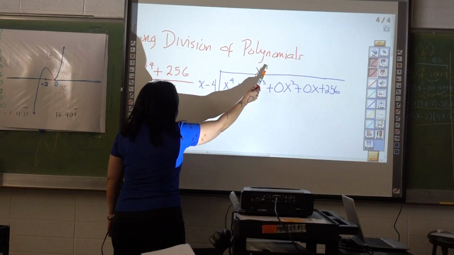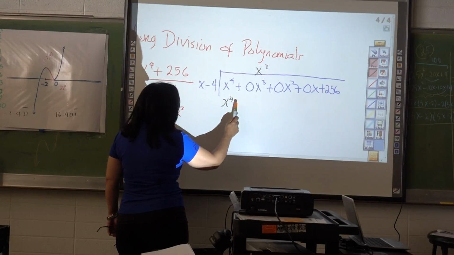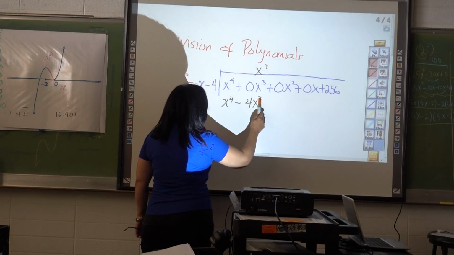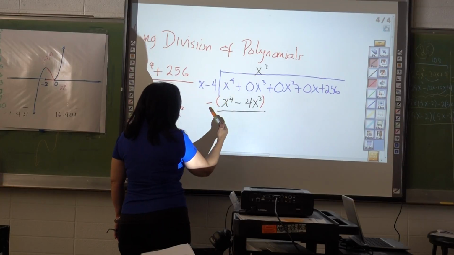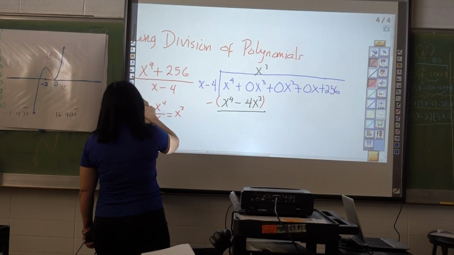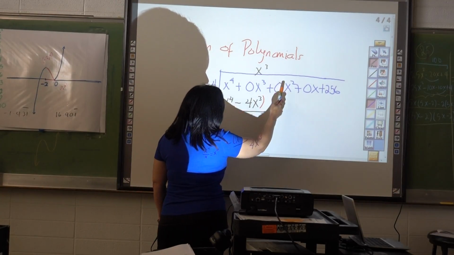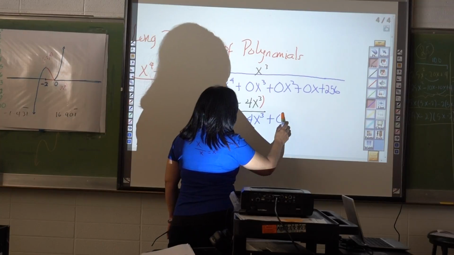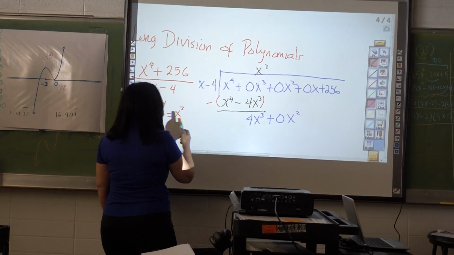We multiply x cubed times x is x to the fourth. x cubed times negative 4 is negative 4x cubed. And then we subtract for this. This cancels this. You have 0 plus 4x cubed is 4x cubed. Bring down plus 0x. Repeat the process, 0x squared. 4x cubed